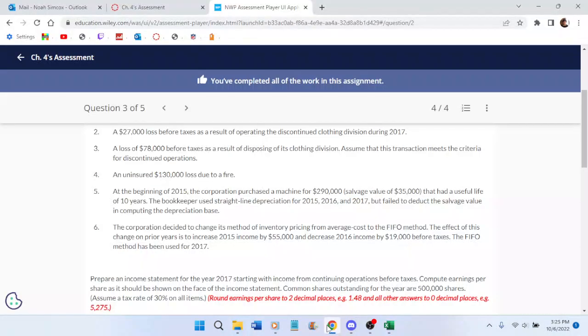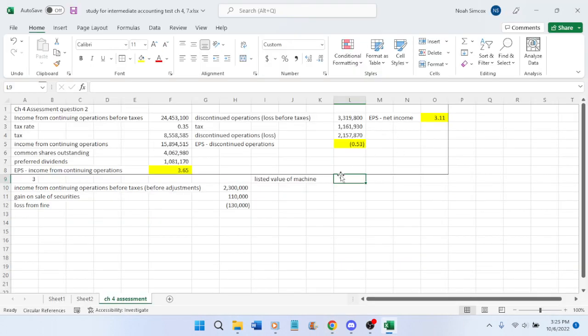Listed value of machine is, well, we have to calculate it. First of all, we do 290,000. They did not do the salvage value thingy, so they have 3 years of depreciation. So it's going to be 290,000 minus